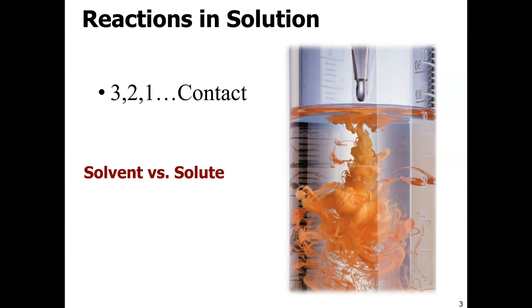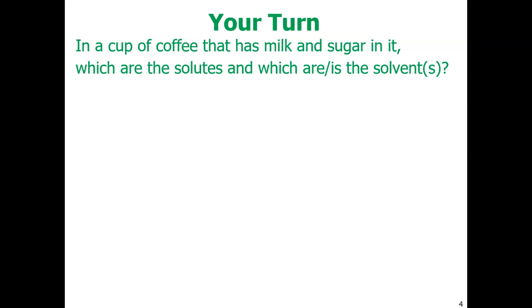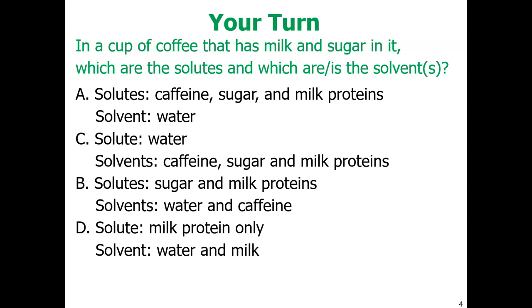So there's different types of solutions. We're going to talk about homogeneous mixtures, where the components are completely mixed in and you couldn't tell individual components, versus heterogeneous mixtures, where there are kind of chunks or separate components that you can visualize and identify. We're just thinking about a cup of coffee that has milk and sugar in it. What's the solute? What is the solvent? I want you to just think about this, and we'll look at the options here. So pause here, just make sure you're on the same page as me, and then we'll go on to the